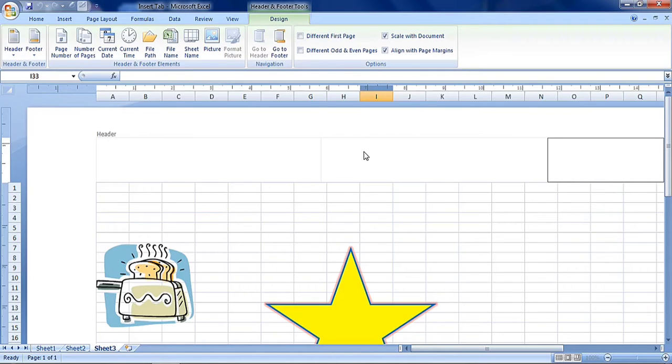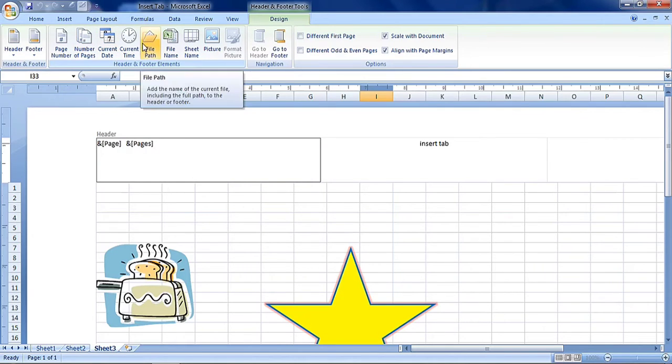Click on any section, then type the required text, or we can insert page number, number of pages, current date, current time.